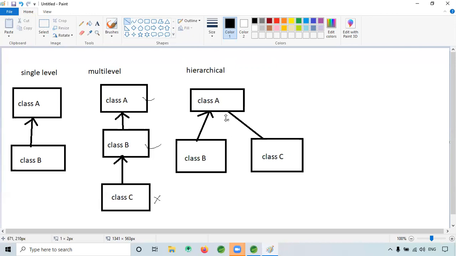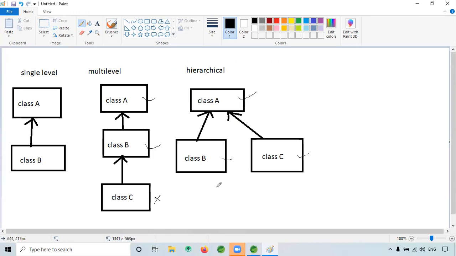Now my question for you is, can C access the properties of B, or can B access the properties of C? What do you think? No, right? Because technically, for class B and class C, A is the father. So A has two sons, class B and C. If the relationship is not an inheritance relationship, it's kind of a brother relationship. So one brother will tell the other, I won't give you.